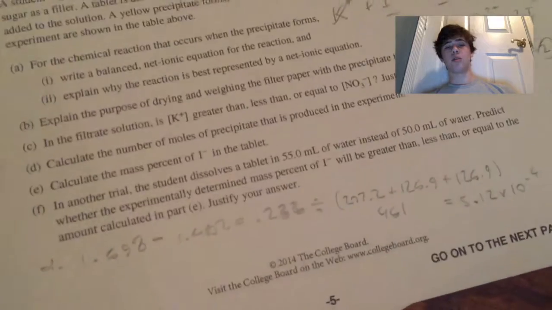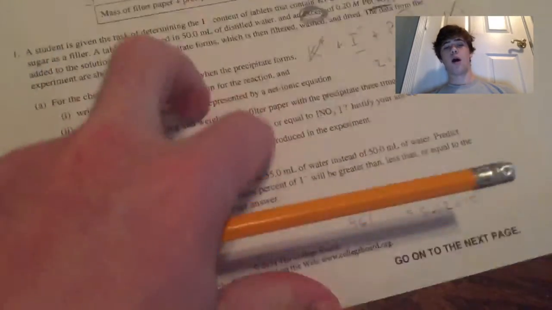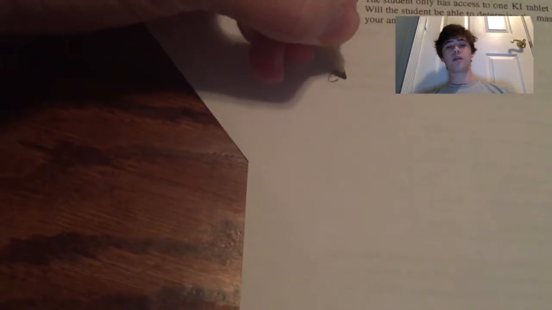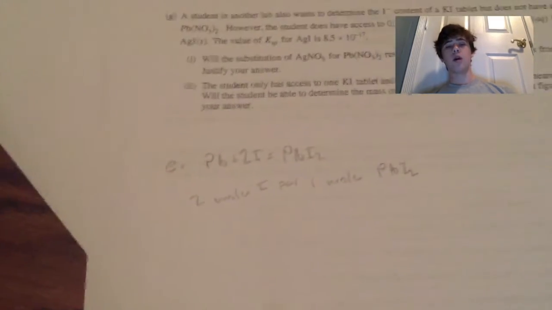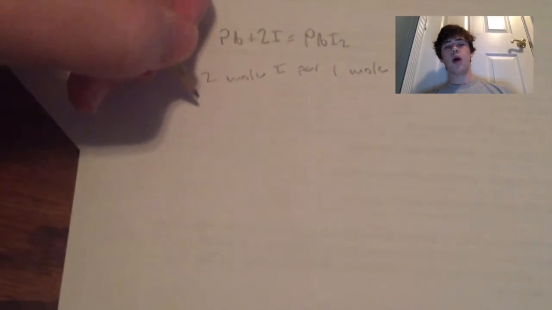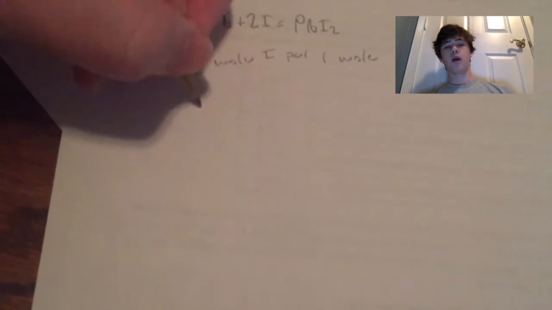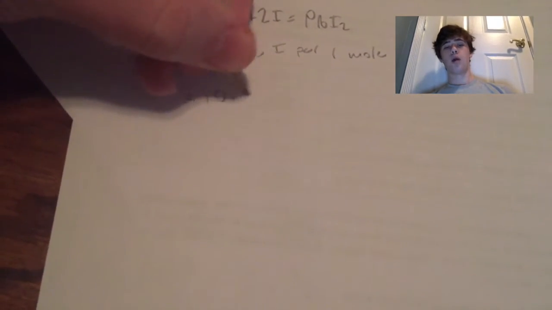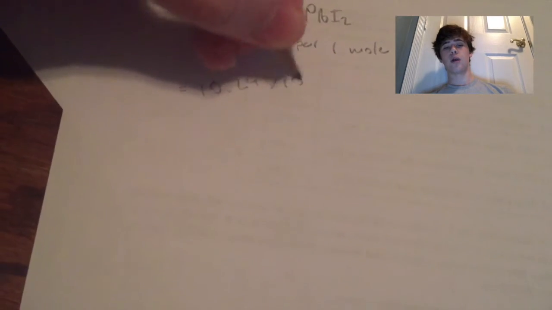Then it asks you to calculate the mass percent of iodine in the tablet. So this is a pretty easy problem. Basically the first thing we're going to do is stoichiometry. We know that there have to be 2 moles of iodine for every mole of precipitate, so we're just going to multiply the number of moles of precipitate by 2. And we get 5.12 times 10 to the negative 4th times 2 equals 10.24 times 10 to the negative 4th